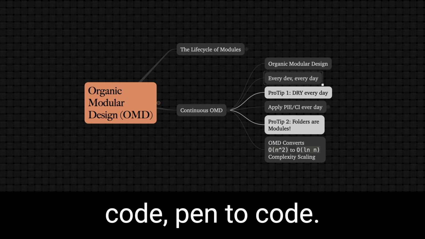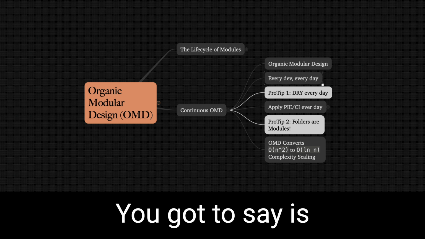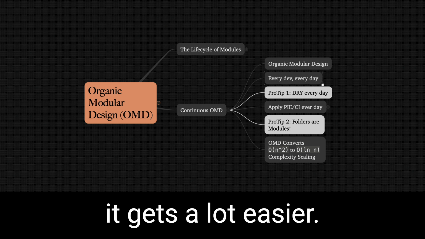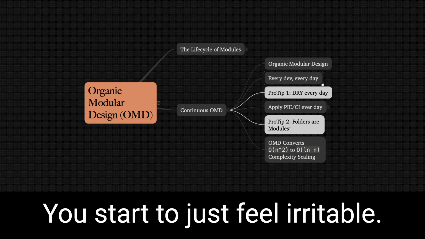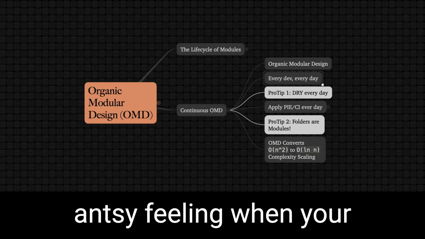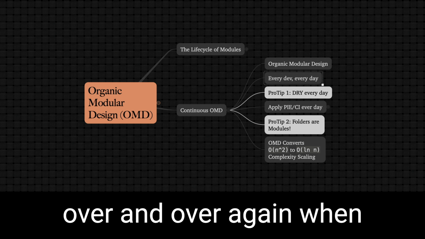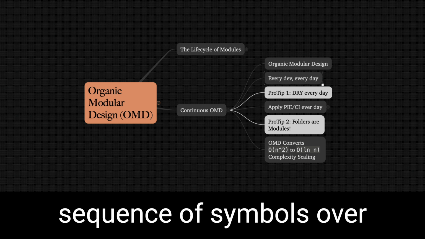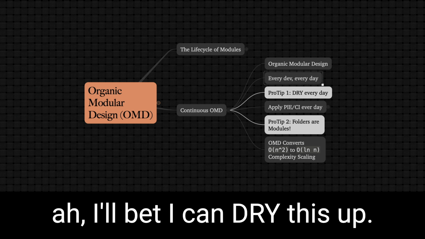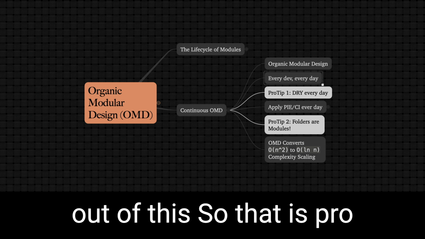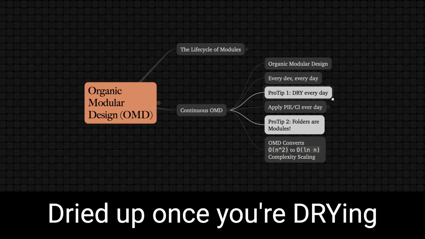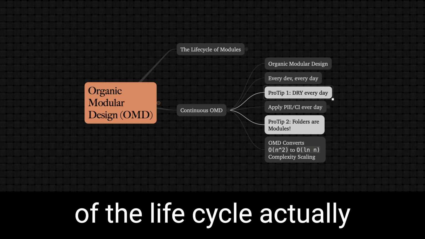Every time you touch code, pen to code, you've got to say, is there repetition here? Do I see them repeating? And after a little bit, it gets a lot easier. You start to just feel irritable. Not that I want to encourage people to feel irritable, but you get this little antsy feeling when your code is kind of the same over and over again, when you're writing the same sequence of symbols over and over again. And you go, I'll bet I could dry this up. I bet I can make a function out of this. So that is pro tip number one. Get things dried up. Once you're drying things up, then the rest of the life cycle actually goes pretty easy